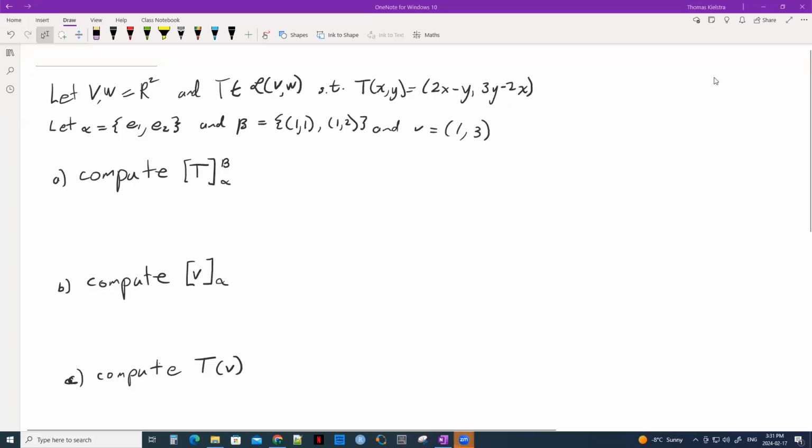Welcome back. So if we recall the video from last time, you probably recognize these bases. We've just swapped the order. So alpha is now the standard basis and beta is now the basis (1, 1), (1, 2). I highly encourage you at this point to pause the video and see if you can solve these 4 questions